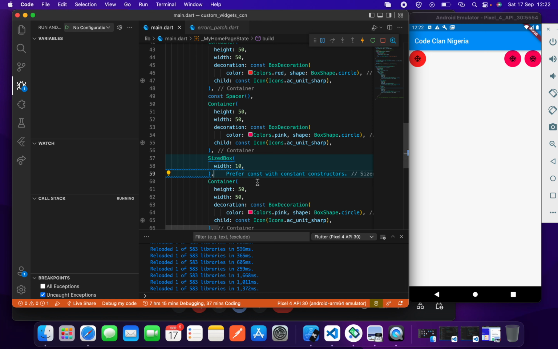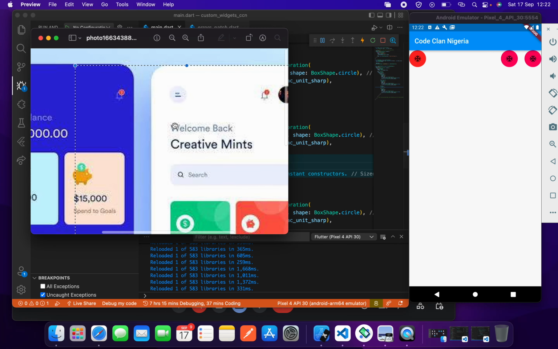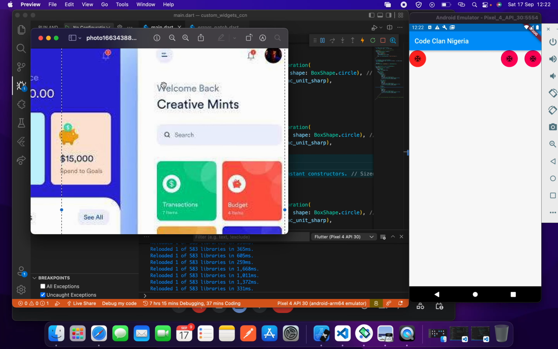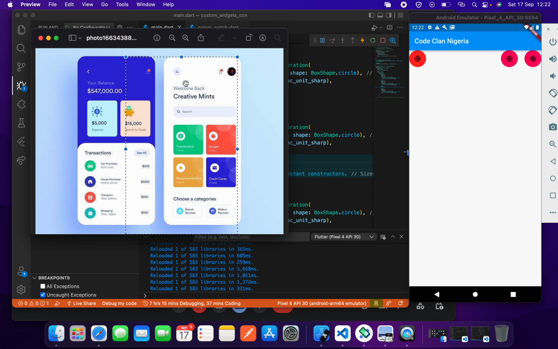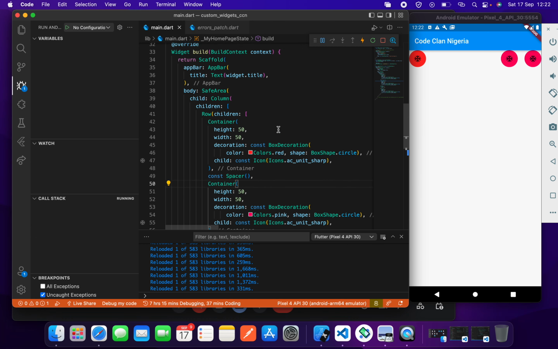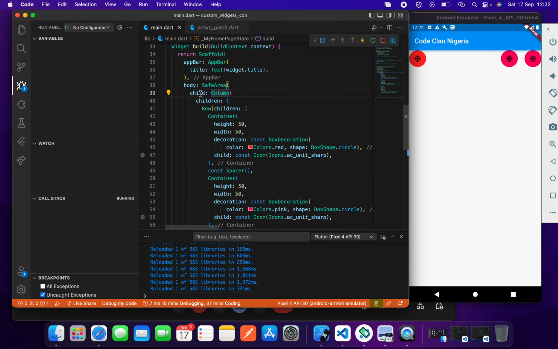Yeah, and there will be a space. Let's give it 20. So if you notice, they are on both ends of the screen, and in this situation, they are not. So they are properly aligned here. If you look here, they are properly aligned on the same line. So how we can achieve this is just wrap the column widgets with padding,